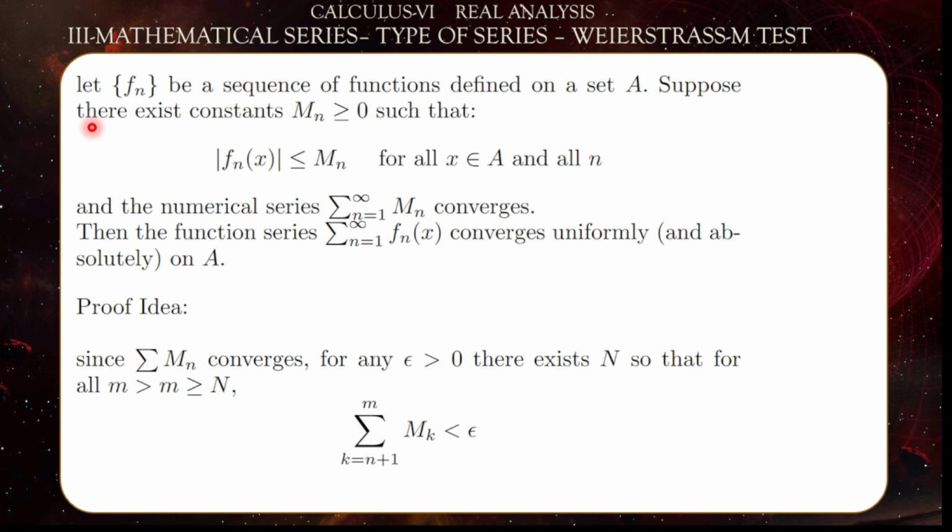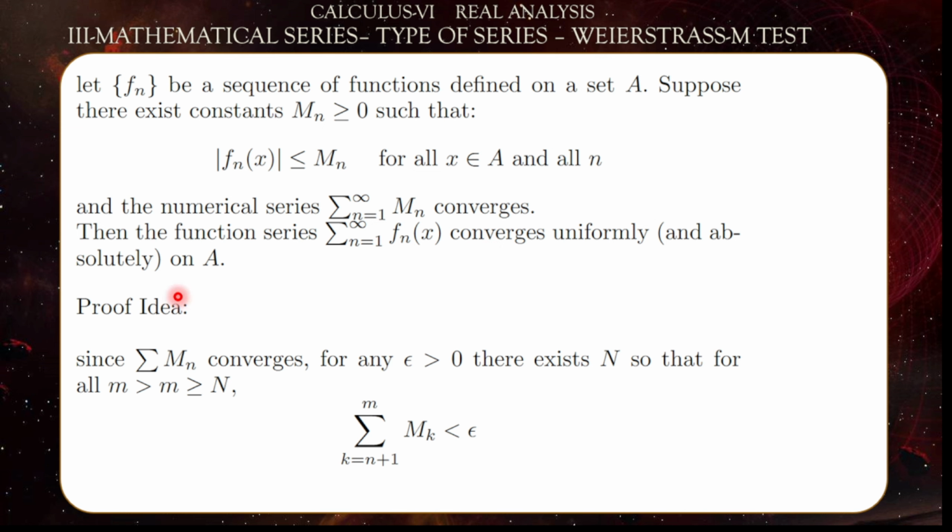Weierstrass M-Test. Let fn be a sequence of functions defined on a set A. Now suppose there exist constants Mn greater than or equal to 0, another sequence, such that the absolute value of fn(x) is less than or equal to Mn for all x within the set A and all n, and the numerical series sigma n equals 1 to infinity of Mn happens to converge. Then the function series sigma n equals 1 to infinity of fn(x), for which |fn(x)| is less than or equal to Mn, also converges uniformly